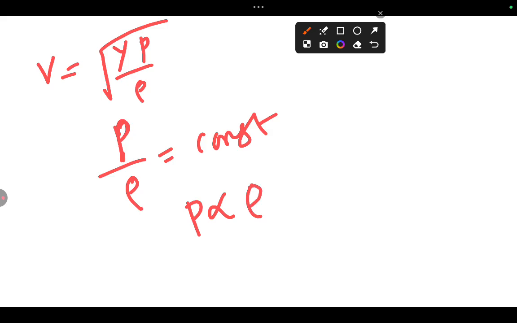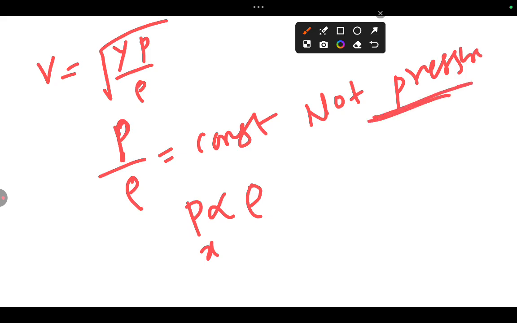Here it is a simple thing. What is P? P is nothing but x. The formula shows that the speed of sound depends only on the temperature for the specific gas. You know very well that the speed of sound does not depend on the pressure. You have to understand there is no pressure factor. The question clearly mentions that the pressure of the gas is doubled while keeping the temperature constant. You are keeping the temperature constant and doubling the pressure.